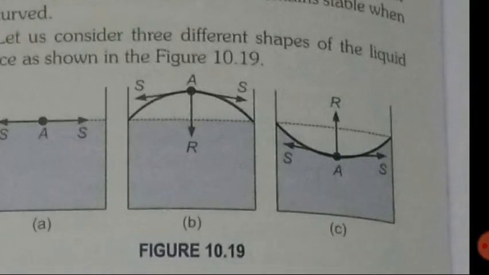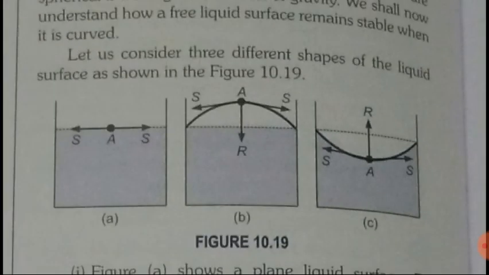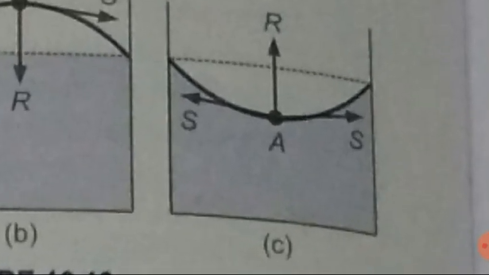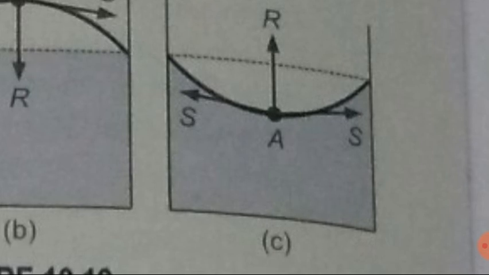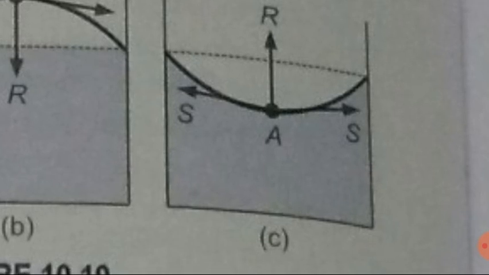and that's why the liquid will acquire a convex surface. But in the third case, what is the situation? Here we have a concave surface. In this case the pressure inside the liquid is very less in comparison with the atmospheric pressure, the pressure outside the liquid, and that's why the surface has the concave shape. And the resultant force on molecule A is in the downward direction.